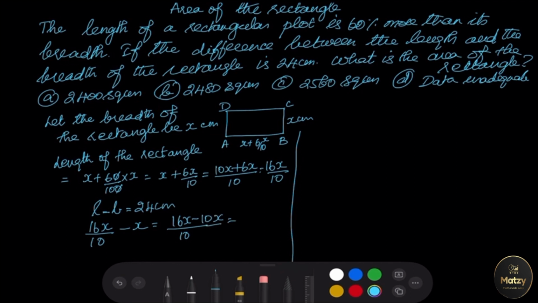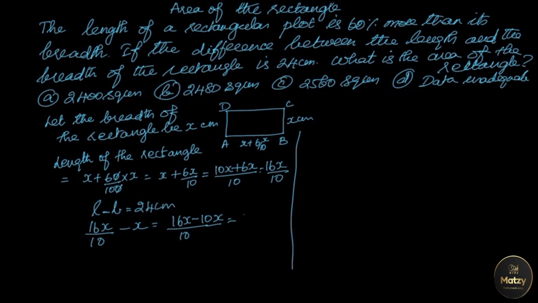So, L minus B is equal to 6x by 10, which is equal to 24 centimeters. So, we have to find out the x value. x is equal to 24